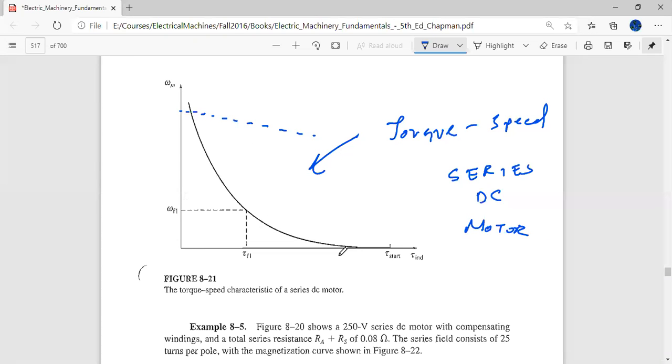Okay. So another important thing to note is if there is no mechanical load on the machine, that means the torque goes to zero on this side. And look what happens to the RPM. The RPM starts to go to infinity. So as torque goes to zero, the RPM of this machine starts to go to infinity. And that is why it is always said that